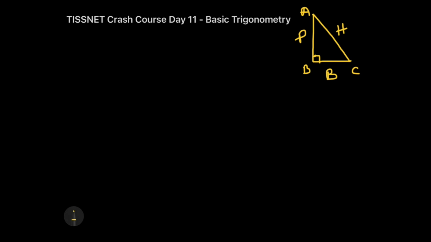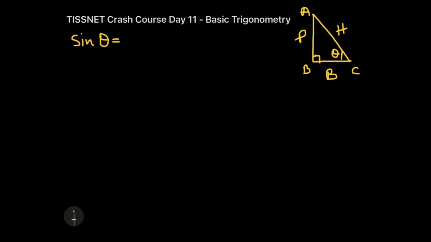Now when you are aware of this, you would easily be able to figure out the value of sin theta, cos theta and tan theta, because if you know the value of sin theta, you will automatically know its reciprocal as well. But the important point here is, where is theta? Theta is an angle, and we have to make an angle in either of 2 places. If I made theta here, then my perpendicular will be AB and my base will be BC.